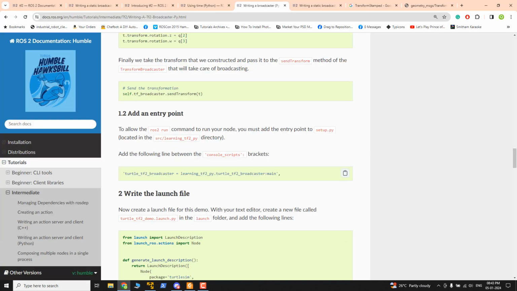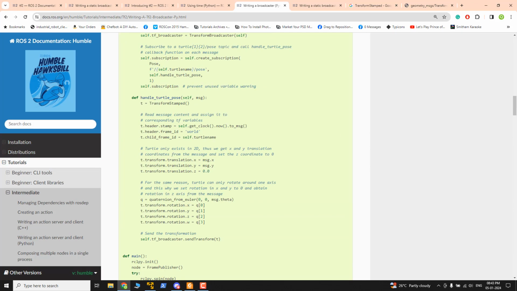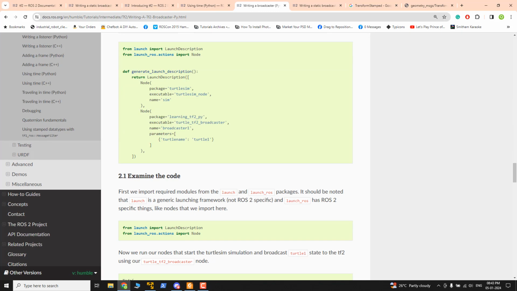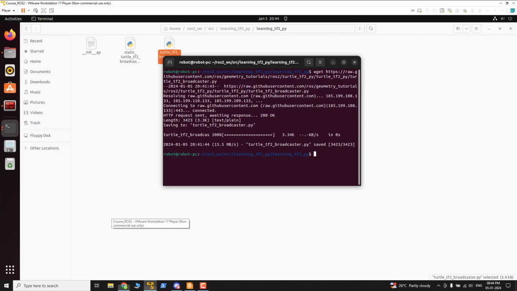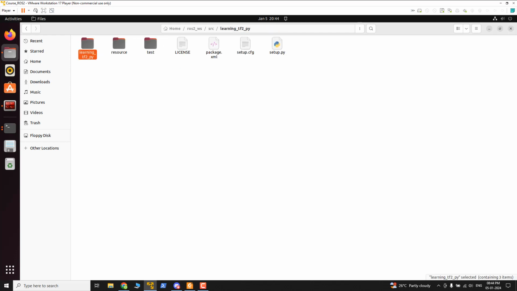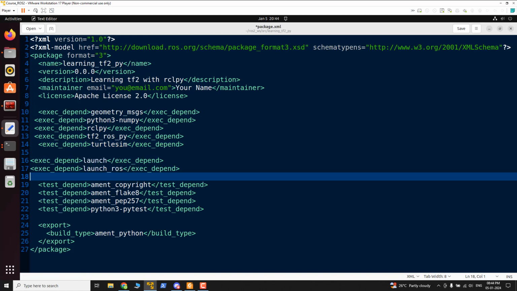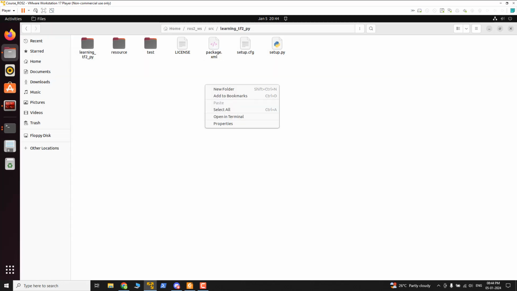If you plan to run a launch file inside the package, then you have to add some dependency in the package.xml. So the launch package and launch ros package is the exec dependency. So you can simply add that in the package.xml. Okay, so these are the two packages that we require to launch a launch file, and you can simply create